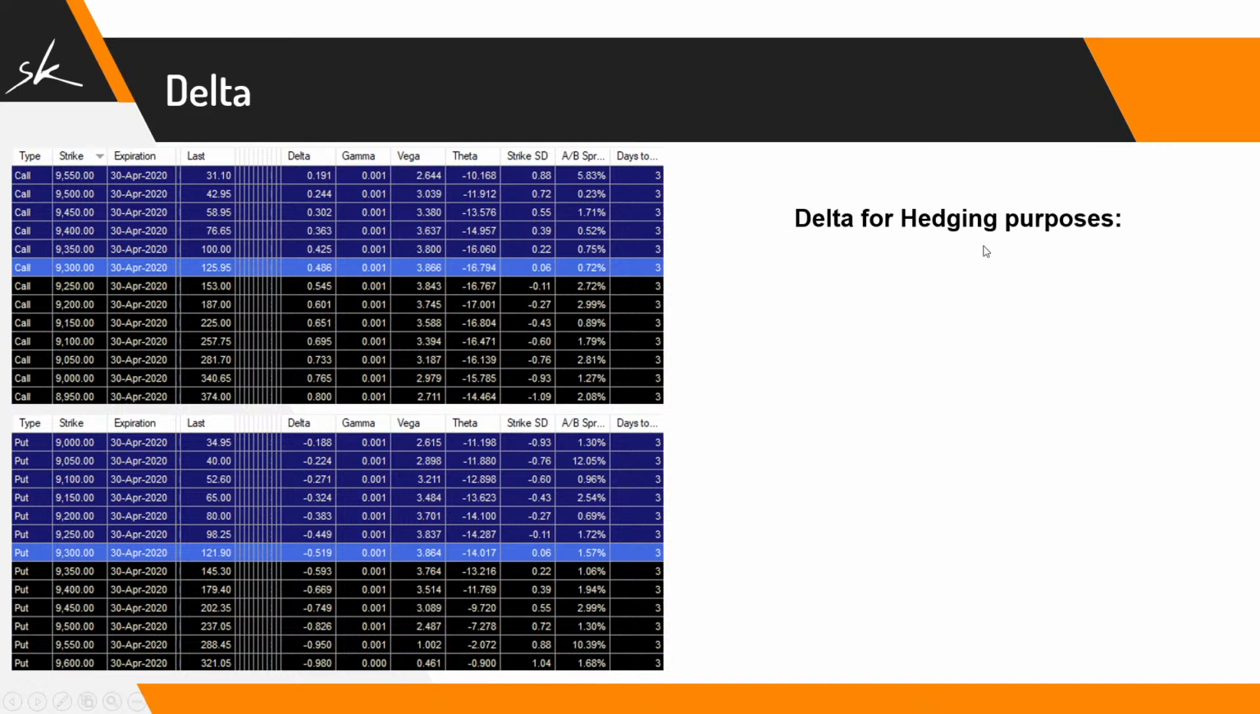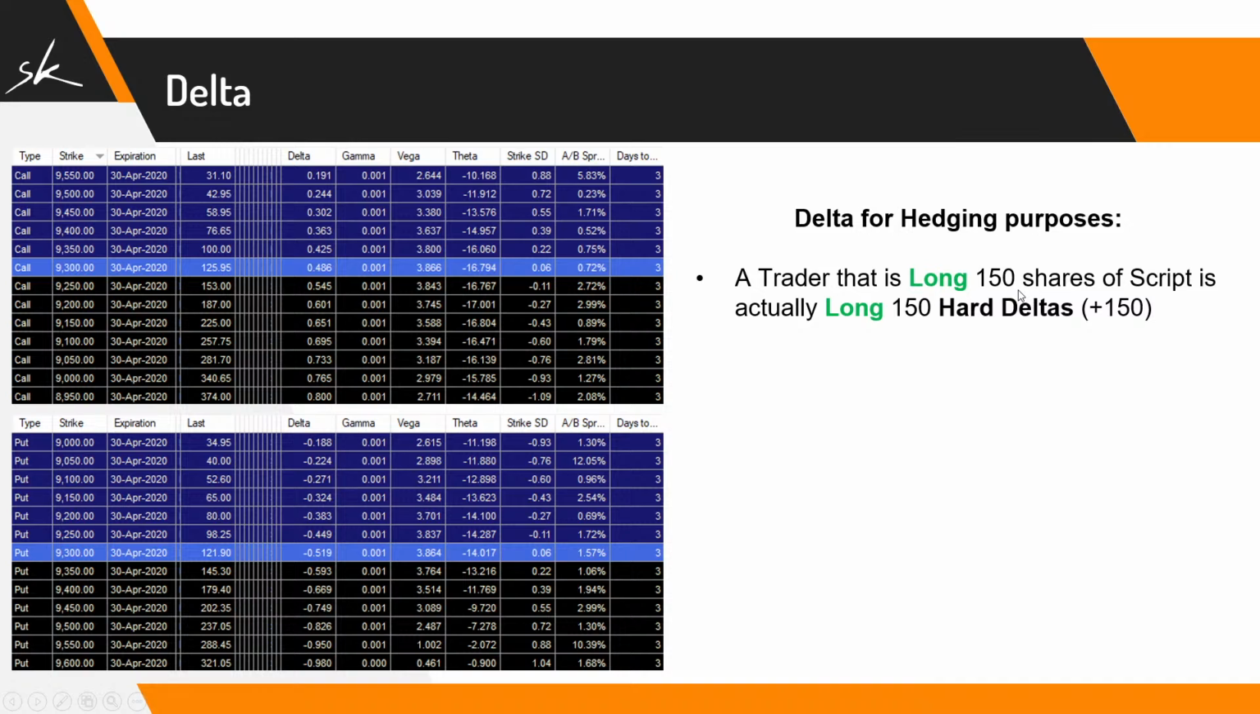Now, like I was saying, delta can also be used for hedging purposes. Now, let's understand it with an example. Let's say a trader is long 150 shares of a scrip, which is an actual long 150 hard delta. So if you are holding 150 shares, we talked about how the underlying or the stocks have a hard delta, and that delta is plus 1, right? In fact, I should say the delta is 1. So because I'm long, I am long 1 multiplied by 150 shares, which means I'm long positive 150 deltas,